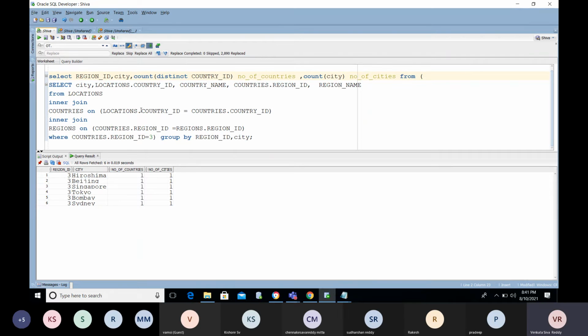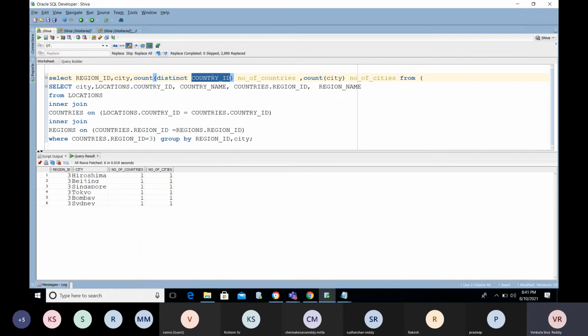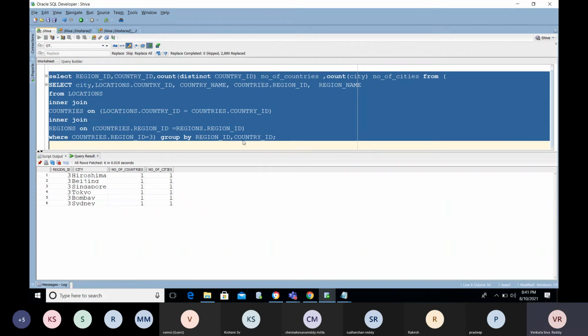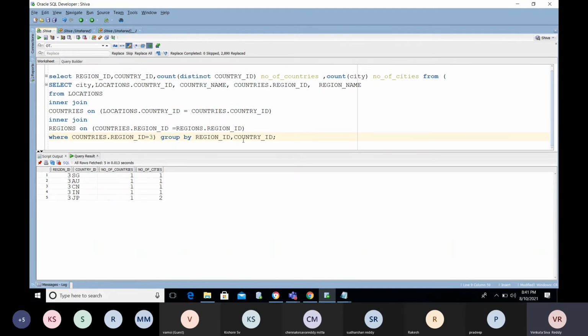No, I need the country, right? Not city. For country wise, I need how many cities we have. Got it? In the country we have cities, not cities inside a city, right? Now see, I requested for region ID. We have 5 countries. Inside the Japan country, I got 2 cities. Correct? That's what I'm expecting from you people.